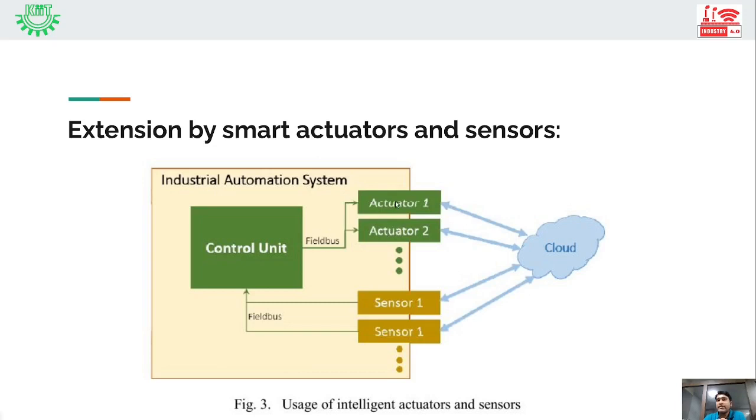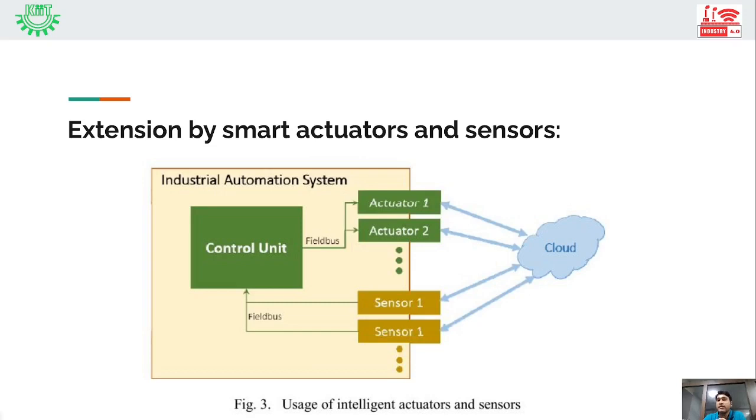So these sensors transmit their data to a central control unit, which is obviously through the field buses. Now in order to extend such a system to cyber physical systems, it would be conceivable to also send data from the sensors and actuators, which are sent via the field bus, to the cloud and process it there. However, a high data volume is the result here, and the cost of the smart sensors and actuators must not